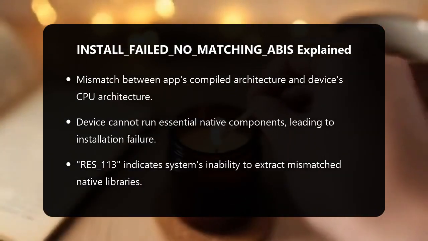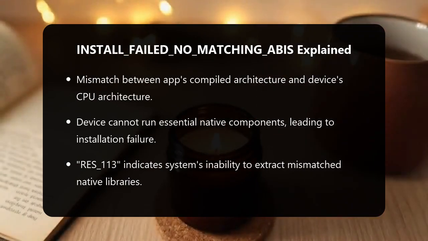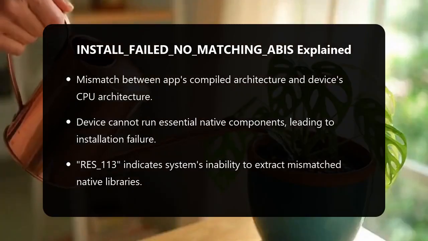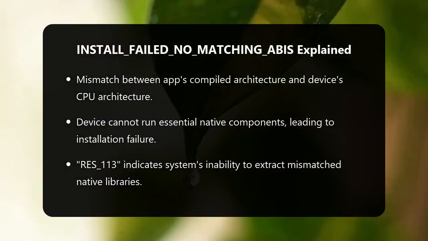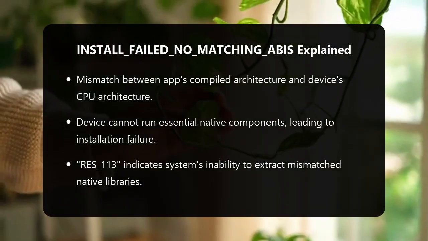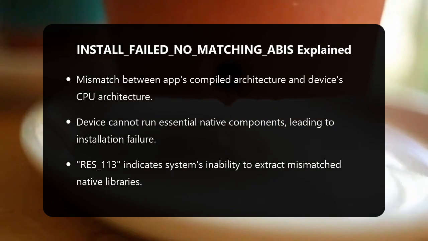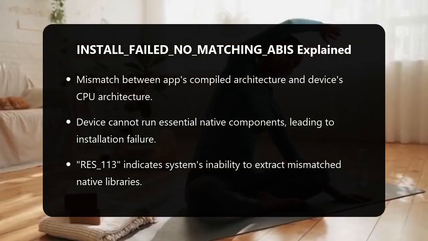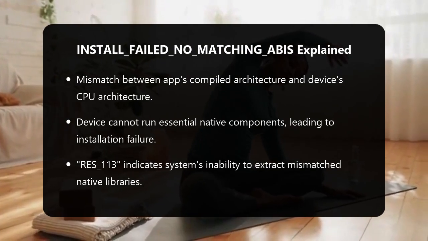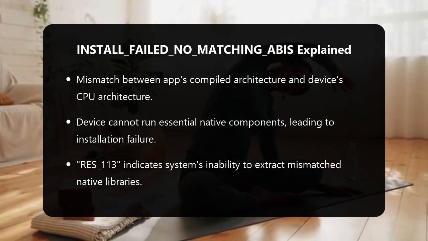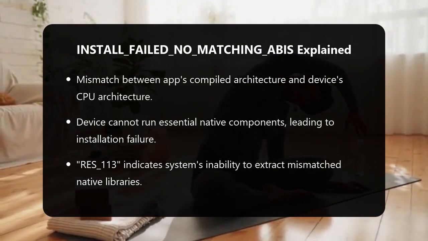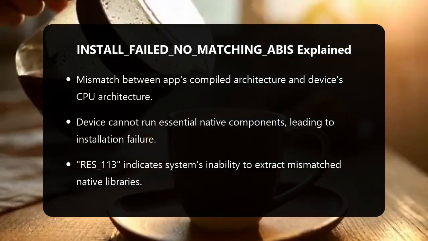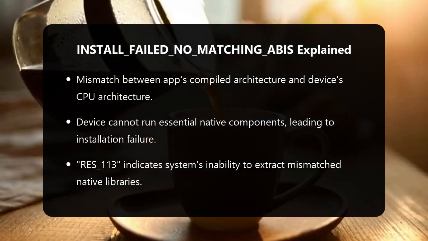Android apps often include native libraries, compiled for specific chipsets like ARMv7, ARM64, x86, or x86_64. If your device is, for instance, an ARM64 device, and the APK you're trying to install only contains x86 native libraries, your device won't be able to run those essential components, leading directly to this failure. It's like trying to put a square peg in a round hole, or running a Windows program directly on a